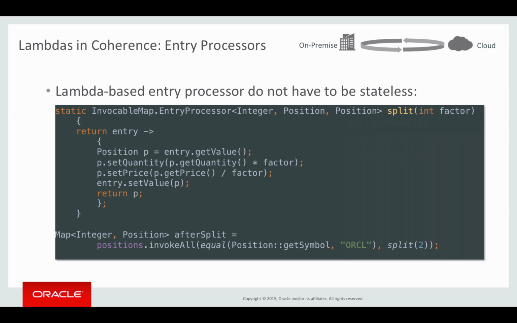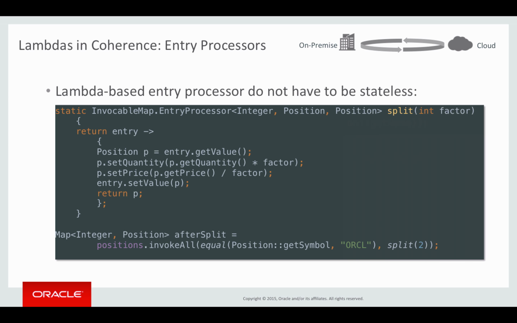It takes entry as an argument, it gets the value from it, it changes the quantity based on a split factor, it changes the purchase price based on a split factor, and it updates the value, and then it returns the updated value. So we can invoke it by simply saying positions.invokeAll, where position is Oracle, split it by 2. So it's very readable, it's very nice, and all it took is basically a single static method in order to